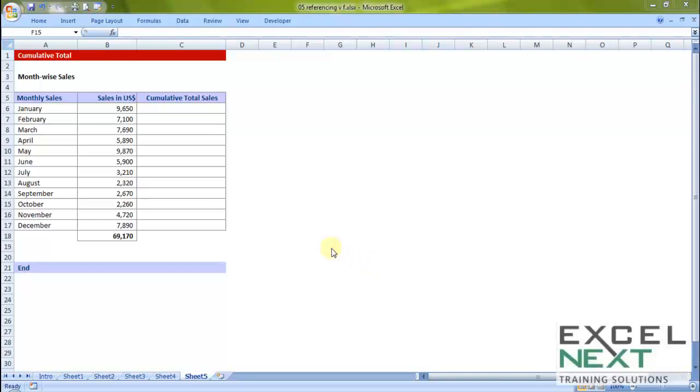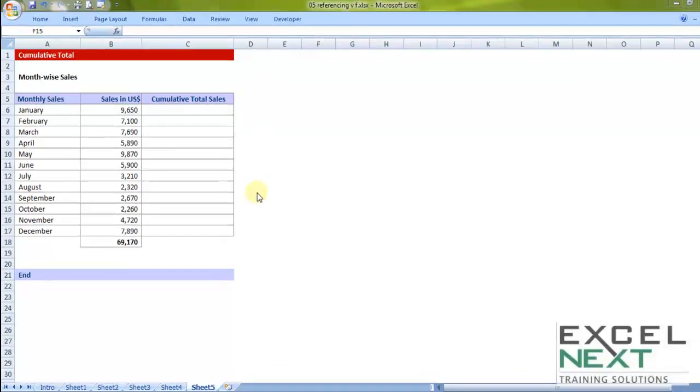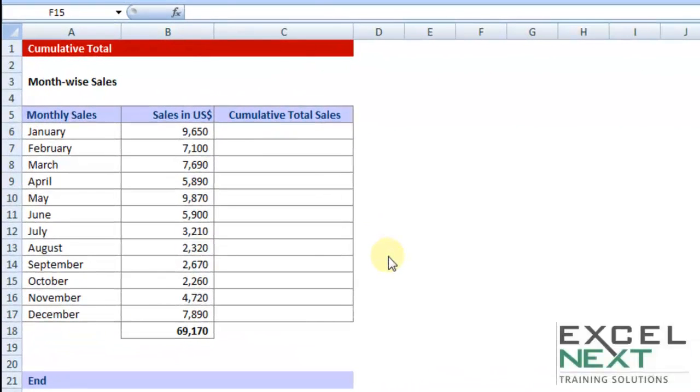After having worked with so many examples, we'll close off this particular session with one final illustration. What I have is a simple data, month-wise sales in US dollars. My objective is, in column C, I should have month-wise cumulative sales. Now what I mean is, in the first month, the cumulative sales of course has to be just the same